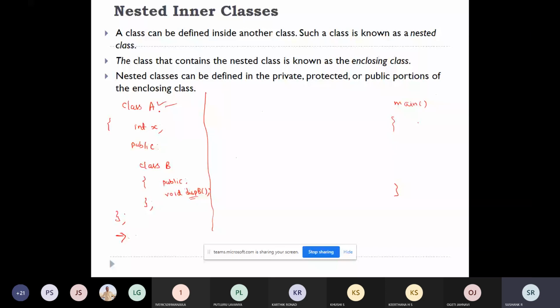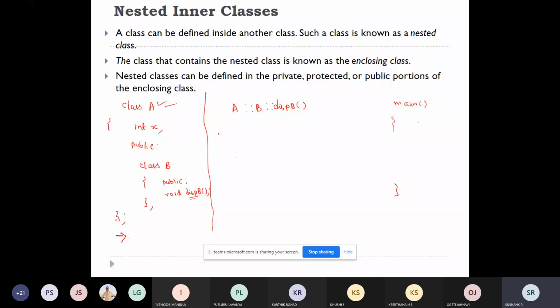Sir, how to define that? It can be defined by prefixing the function name with the scope resolution, then the nested class name, then the enclosing class name. So it can be done like this.